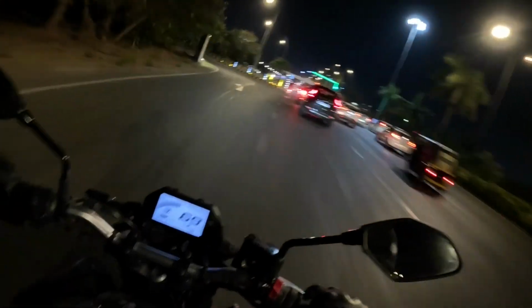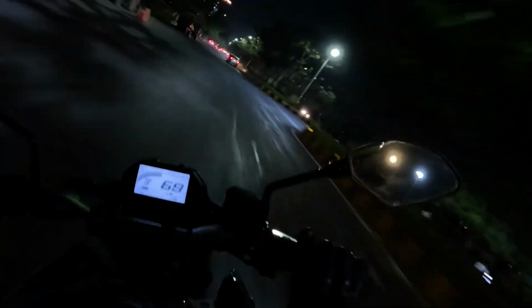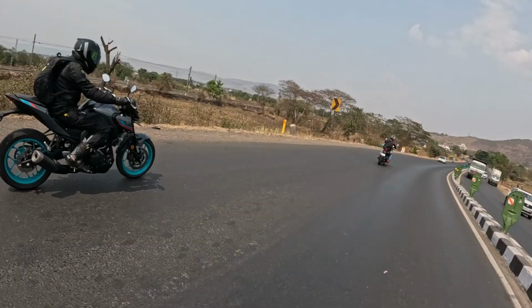So that is how it does 0 to 140 almost immediately, and that's how it goes inside corners, and that is how it exits. It is a really great machine to ride overall, but I think these couple of things, if you can fix them